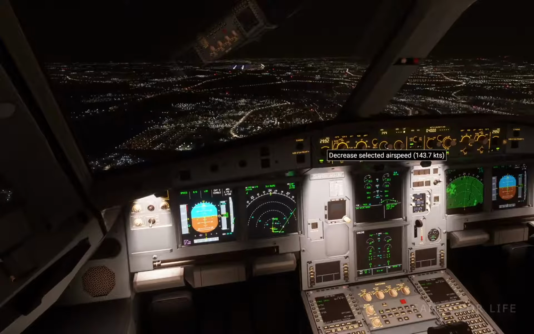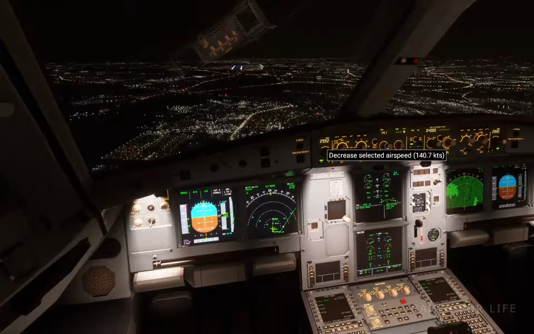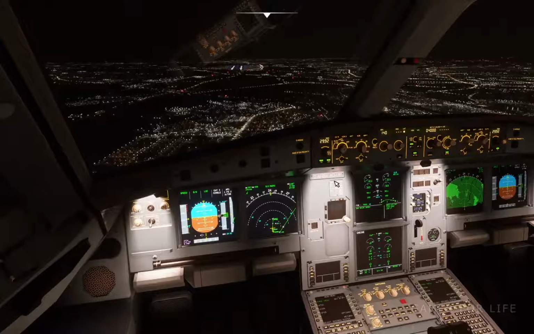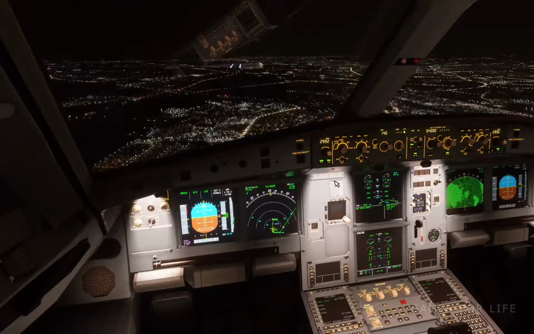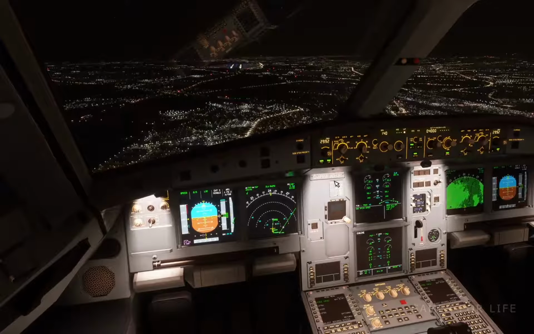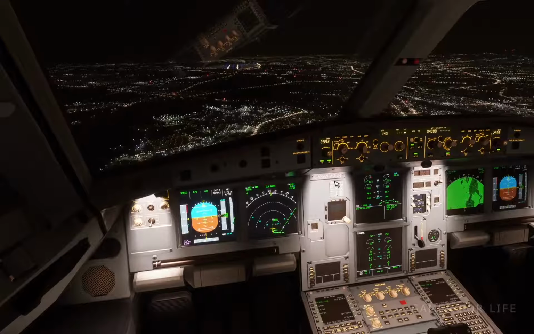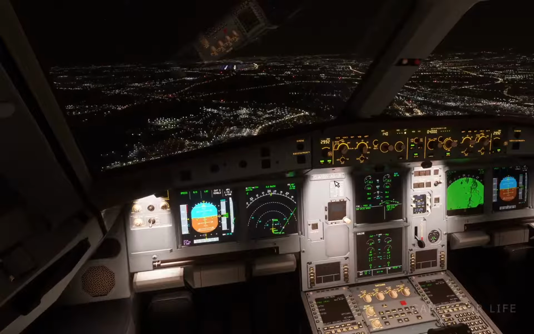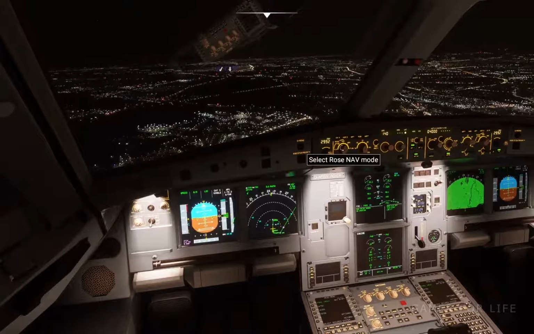Final flaps. Turn the speed to 140, and I've added full flaps now, and it's about time to lower the landing gear. So let's turn on the landing